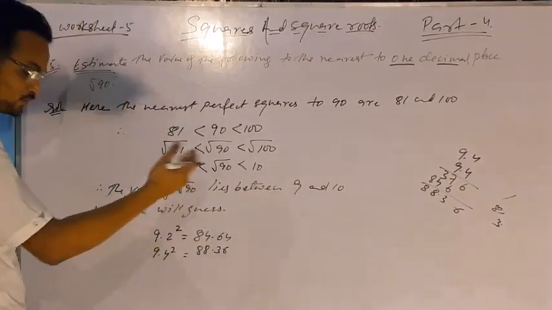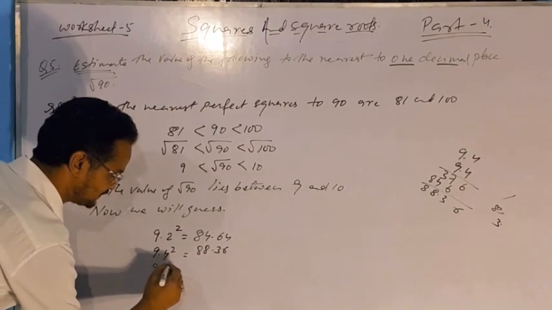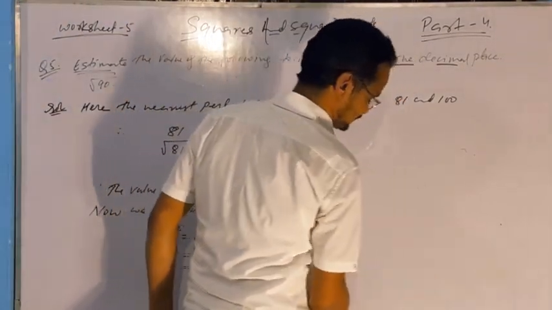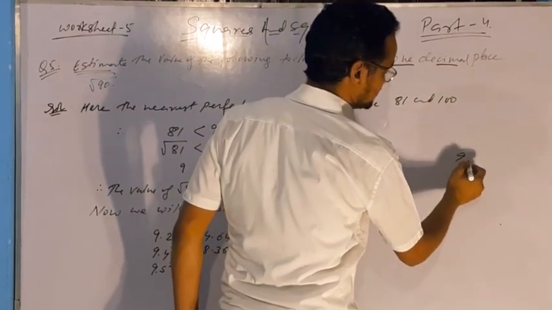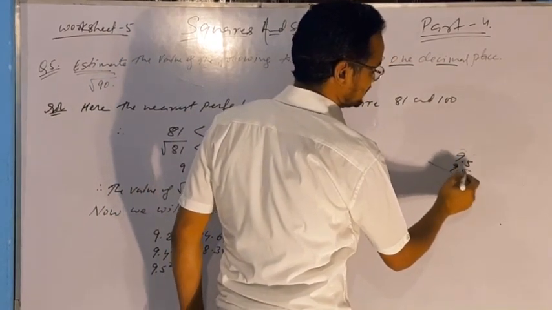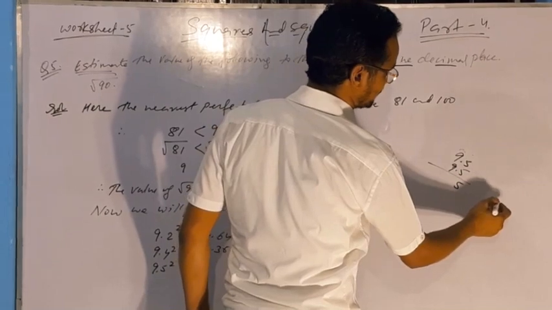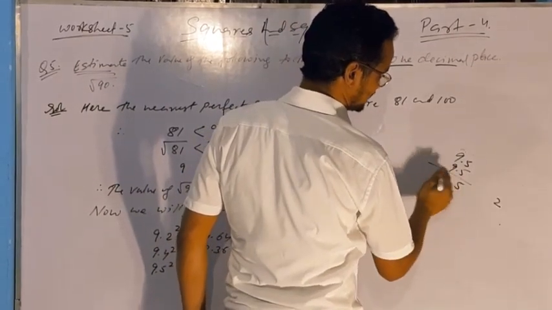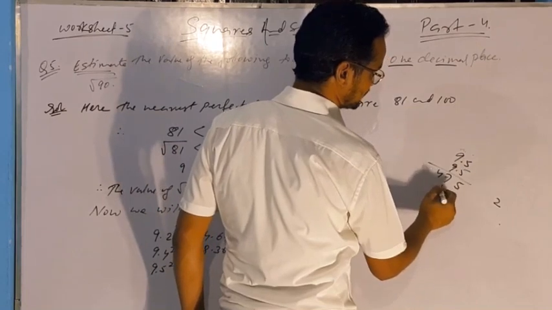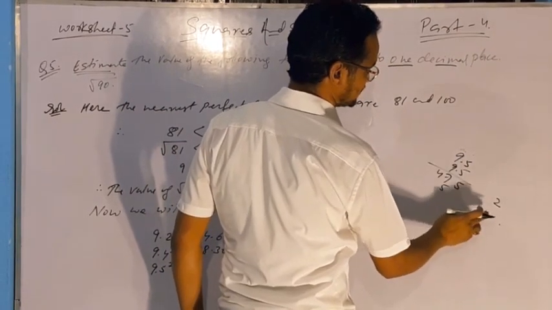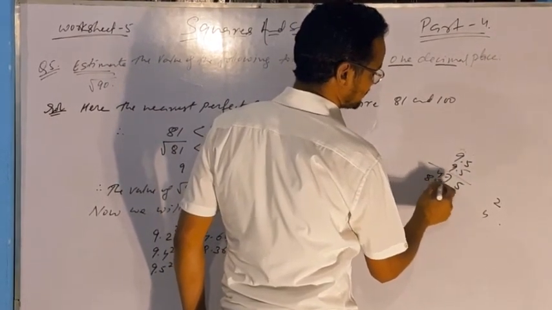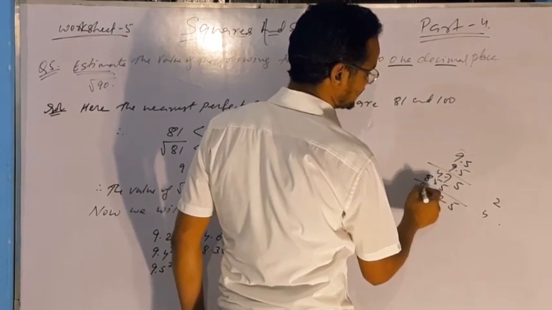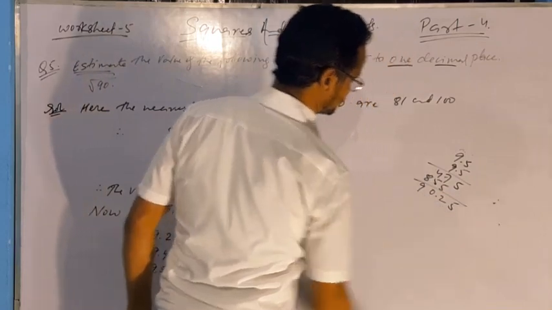Now try one more time. 9.5 squared. Now multiply it with 9.5. 9.5 times 9.5. 5 times 5 is 25 and the 2, 5 and the 45, 47. 9 times 5 is 45 and 4, 9 times 9 is 81 and 4, 85. 5, 7, 5, 12. This is 5, 10, 0 and 9. 90.25.